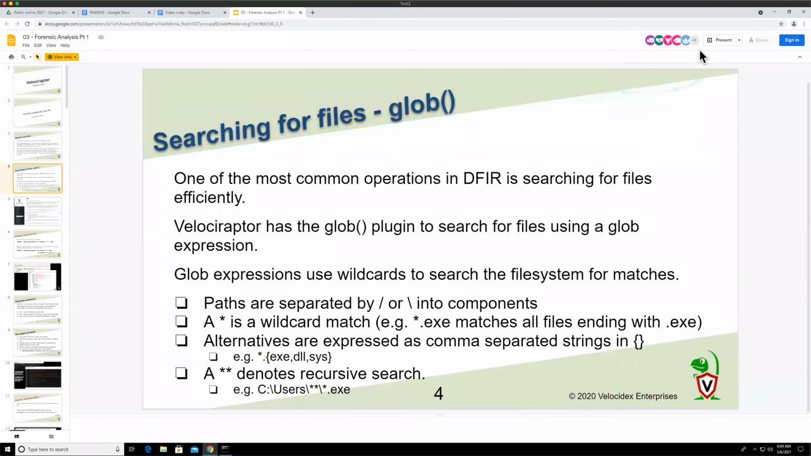That's a great question. Okay, so let's look at the very first forensic technique that we would use, and it's probably the most useful one: searching for files, so looking for file names. This is very, very common. You want to know whether a file exists on the endpoint, or list all the executables in a certain directory, these kinds of things. In Velociraptor, we have this workhorse for searching for files by name called a